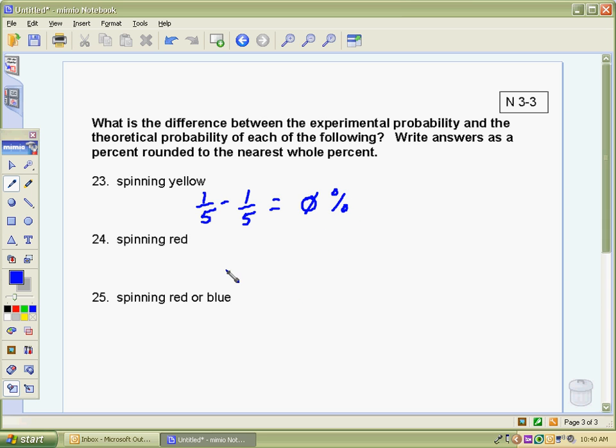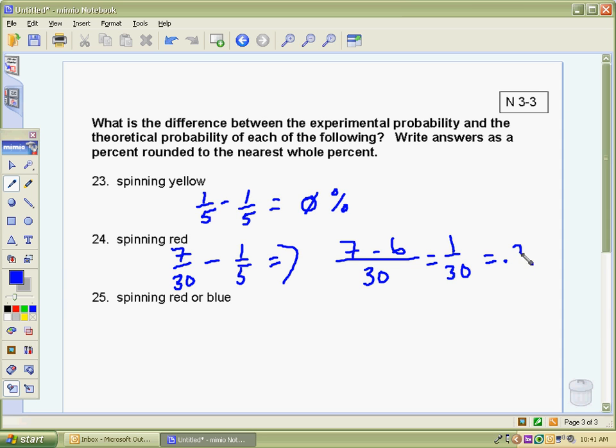Spinning a red. The experimental probability of spinning red was 7 out of 30. And the theoretical probability of spinning a red was 1 out of 5. So I need to subtract this. And I know that you can use your calculators because we're going to be getting this percentage here. But I'll just do a quick example of how to do it as a fraction first. Common denominator is going to be 30. The 7 stays the same. 5 goes into 30 6 times. 6 times 1 is 6. 7 minus 6 is 1, so 1 over 30, which gives me the percentage of approximately